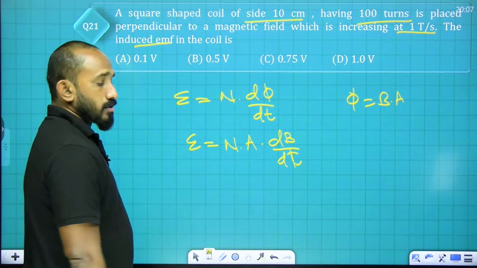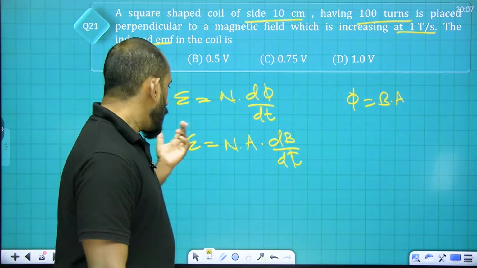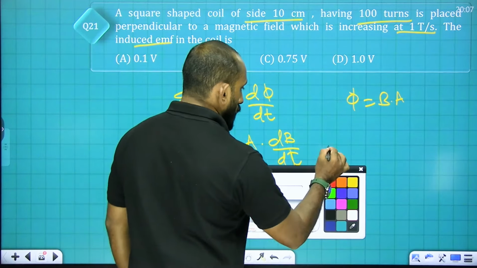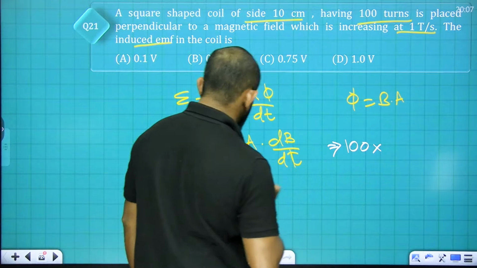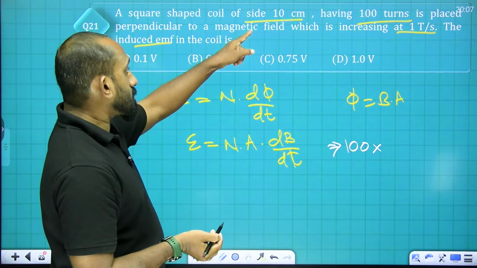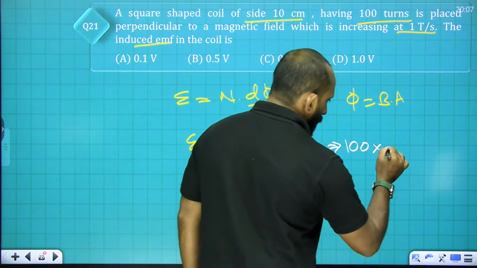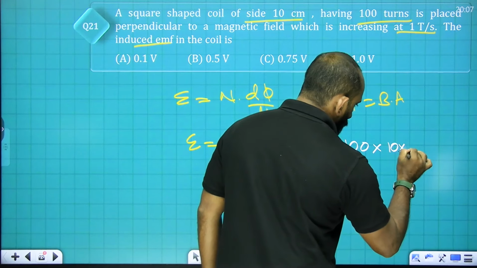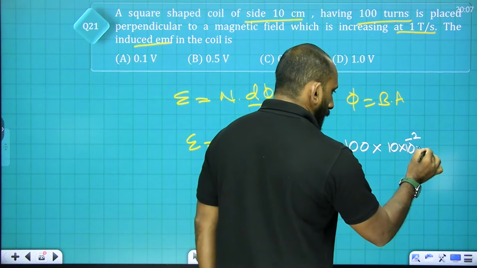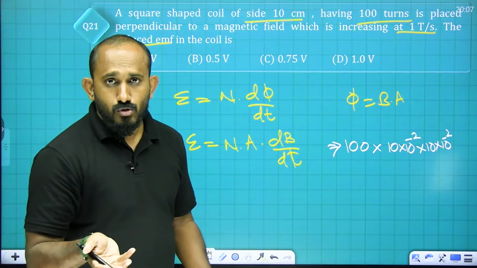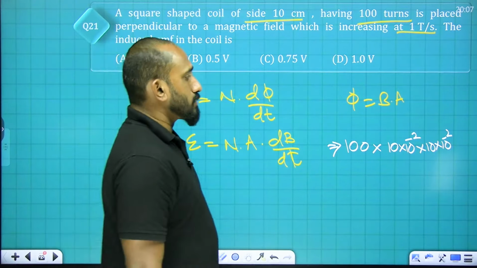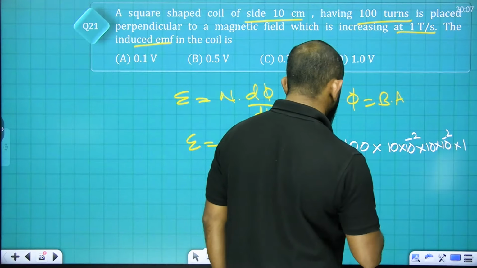dB by dt will be the equation, because the magnetic field is changing. N is 100 turns, so 100 times A, the area of the loop, 10 centimeters, so it will be 10 into 10 raised to minus 2 meter times 10 into 10 raised to minus 2, that is L square, times dB by dt, which is 1 only. So it's 1 is equal to